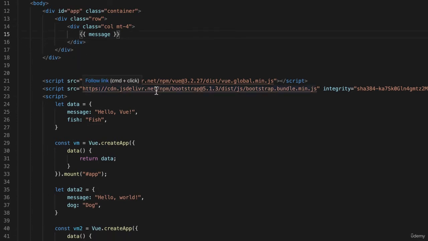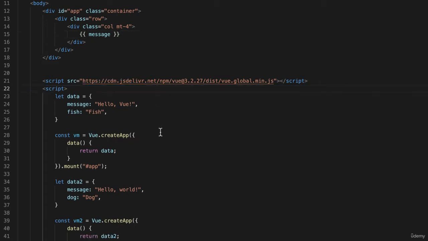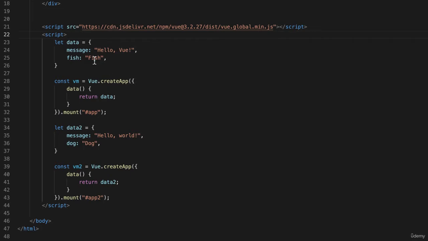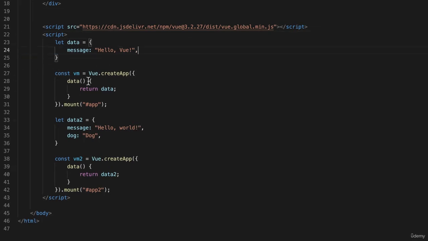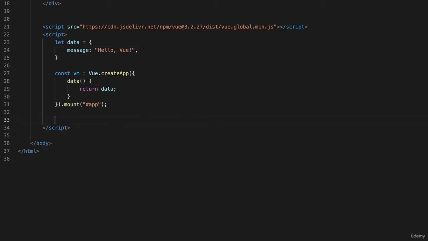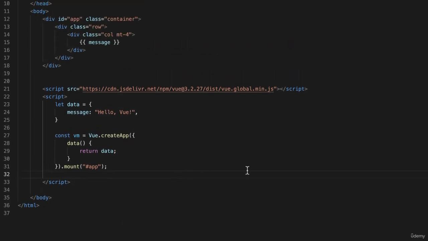And I'm also going to get rid of this JavaScript for Bootstrap because we're not going to use that. So that's totally unnecessary. And down here in the script section, I'll get rid of fish. And I'll also get rid of the data2 and VM2 bit because that refers to a div that doesn't exist anymore. So now this is pretty simple. And if we preview this, so I'll switch back to my browser and have a look at it,